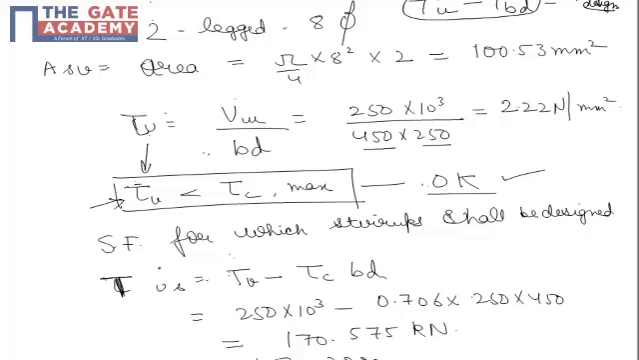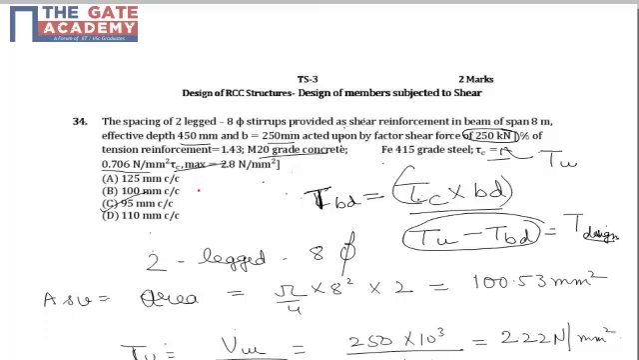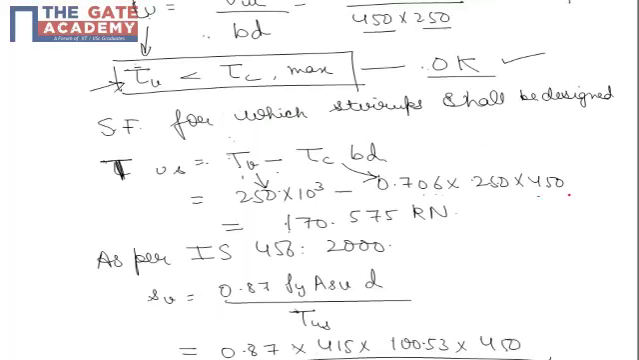So if we talk about the shear force for which stirrups shall be designed, that is Vus, it is Vu minus tau C bd. Vu is the total shear force, that is 250 into 10 to the power 3, minus tau C, that is 0.706, which concrete itself will be resisting, into 250 into 450. So this is the design shear force for which we need to design the reinforcement. It comes out as 170.575